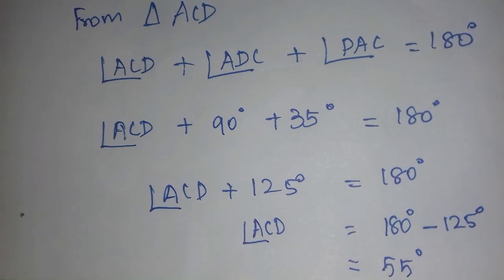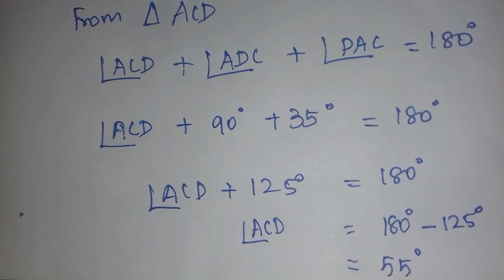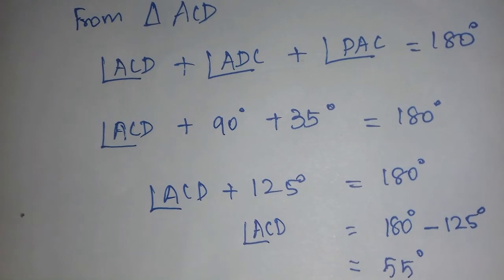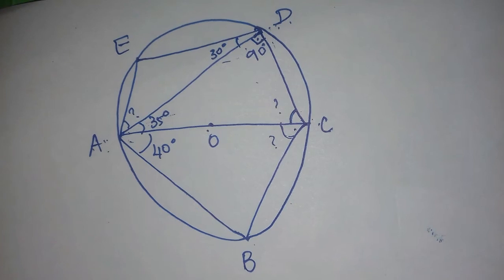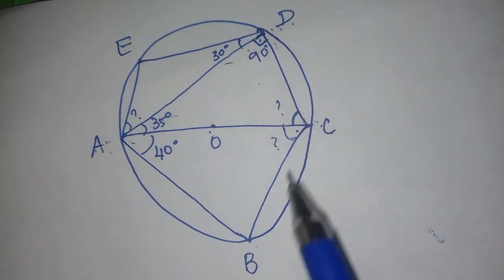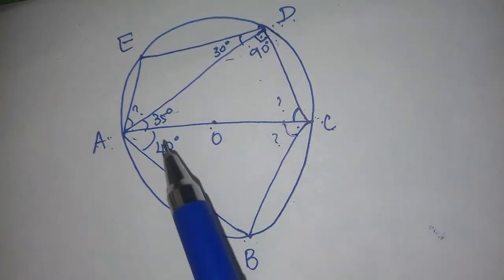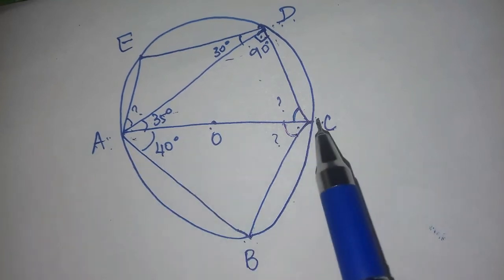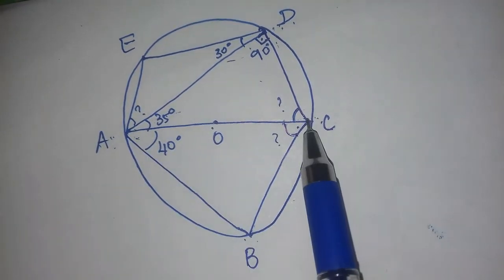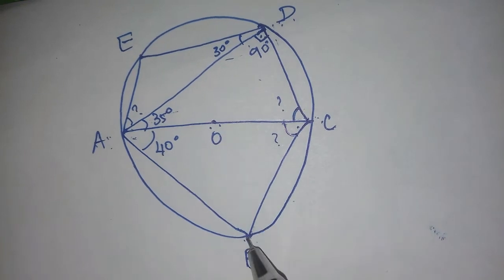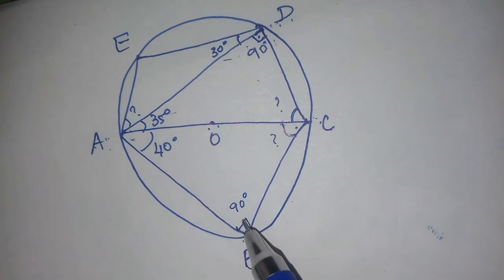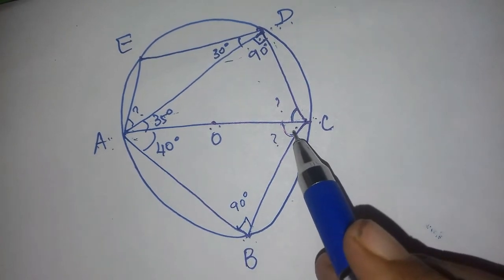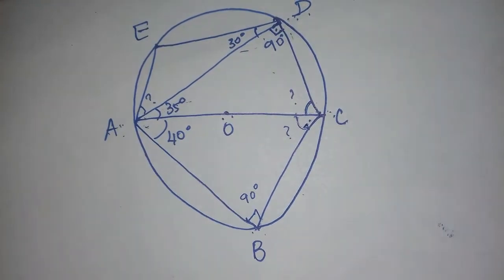Next, what are the things you have to find out? Angle ACB and angle DAE. Let's find those two angles. Now, second, we have to find angle ACB. Here also we are getting a triangle and one side is the diameter. So, the angle opposite the diameter is 90 degrees. So, we got two angles. Now we can find this angle by the sum of the angles of a triangle being 180 degrees. Shall we do the problem?